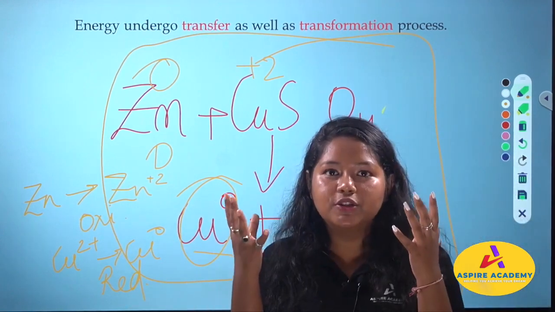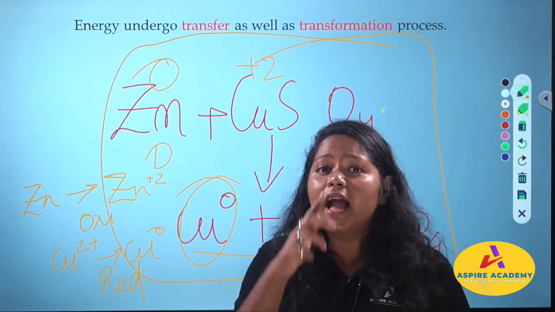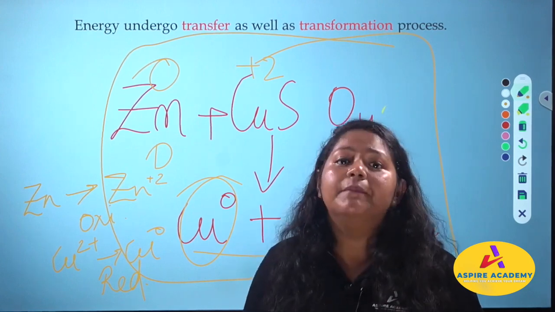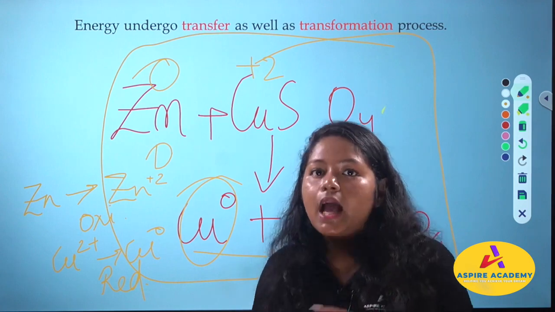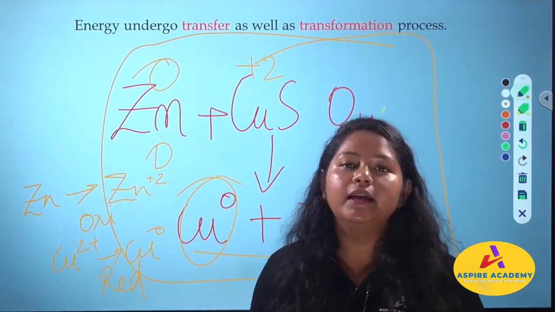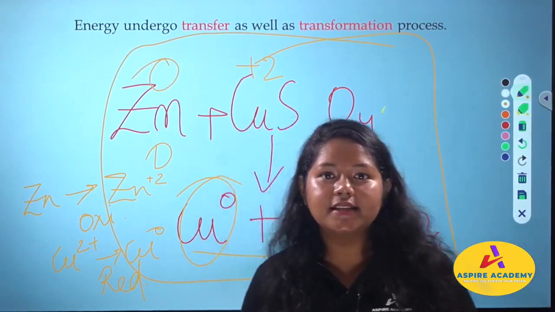I hope you have understood that you need to understand electrochemistry theoretically, because electrochemistry is difficult to understand as there are so many mathematical terms and so many derivations. When you understand theoretically how things are happening, practically it will be a cakewalk. Understood? So yeah, this is all for today's class.